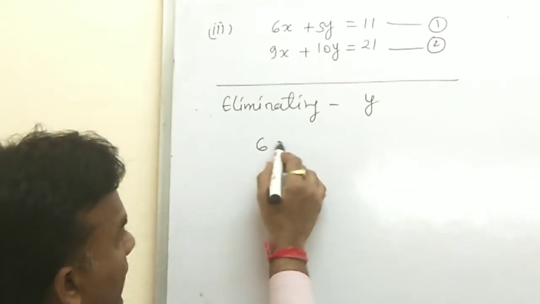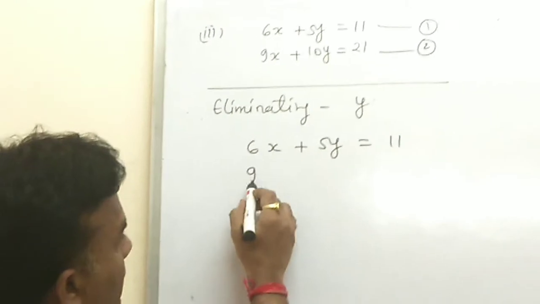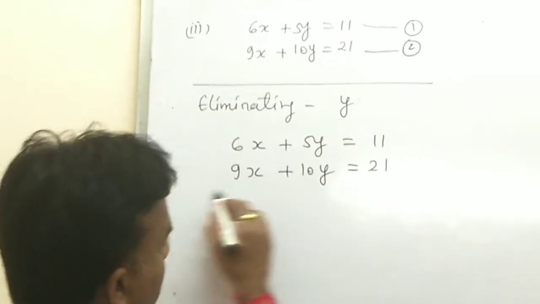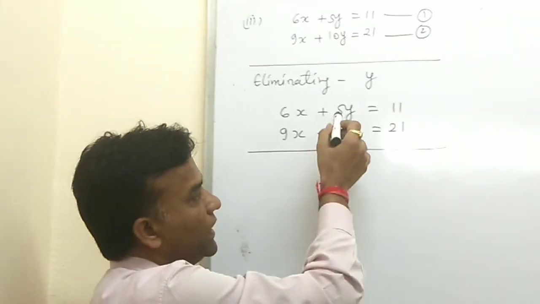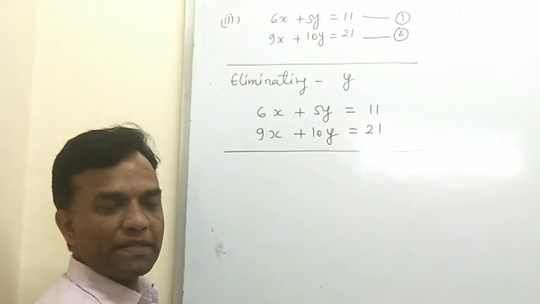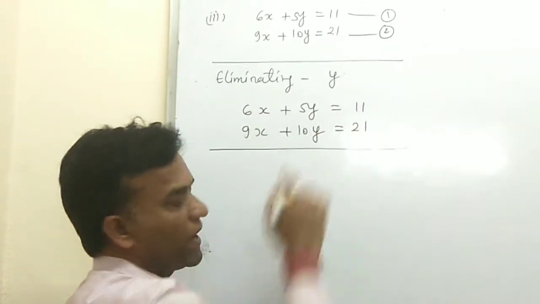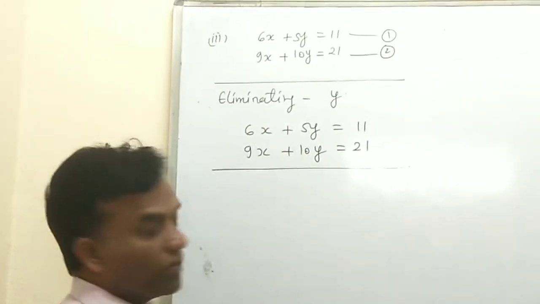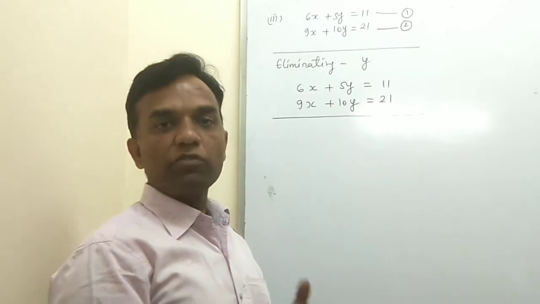Now you write down again the whole equation, 9x plus 10y equal to 21. Here you have 5 and here 10. It is not compulsory to always do the cross multiplication here, like 10 multiplied here and 5 multiplied there, because the multiplication becomes very lengthy. Only by which number you multiply, and your coefficients become the same, that matter you also apply here.